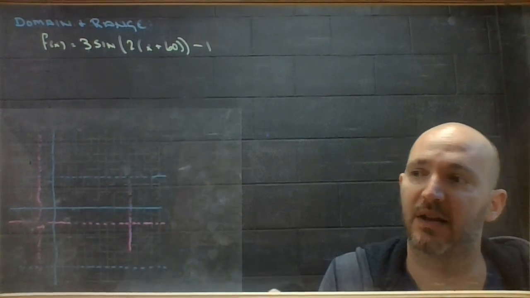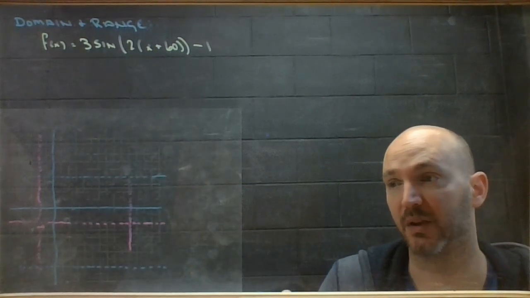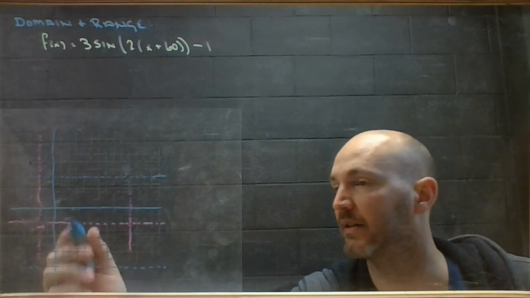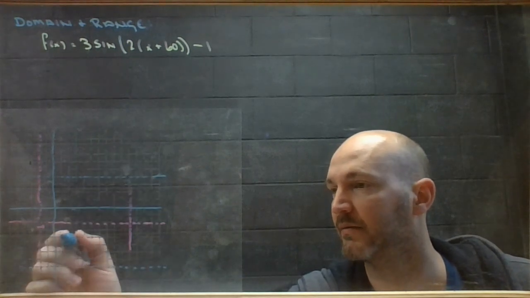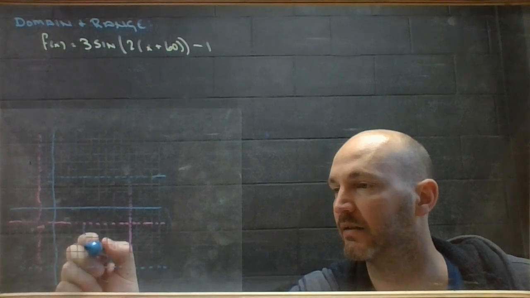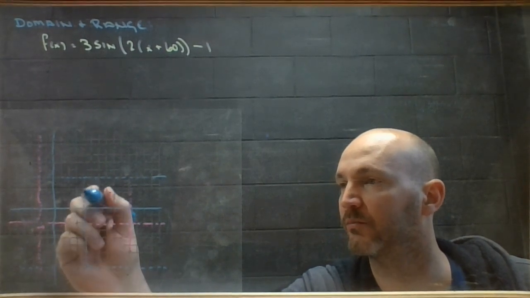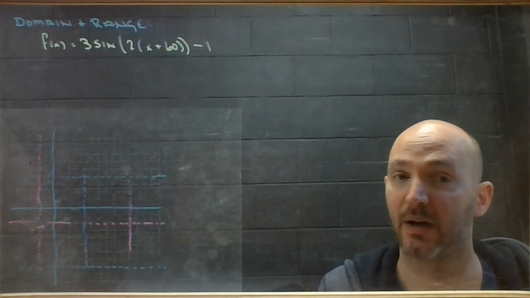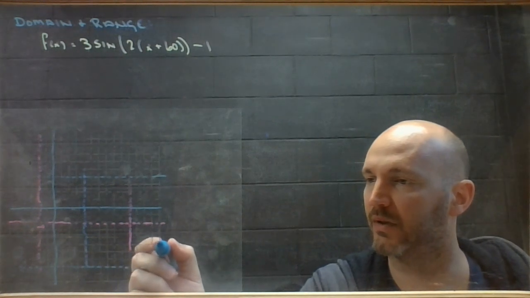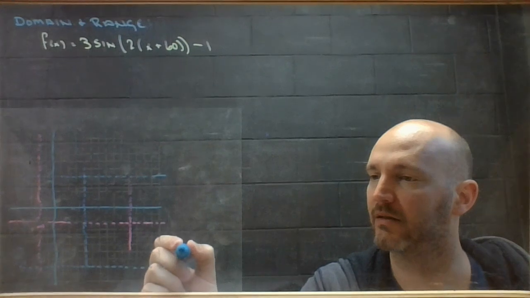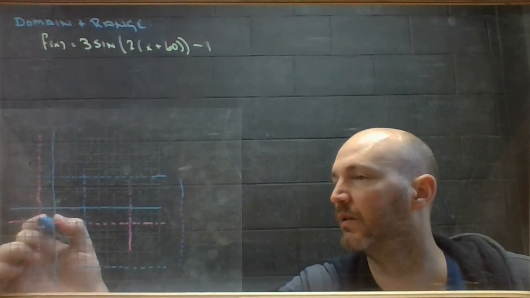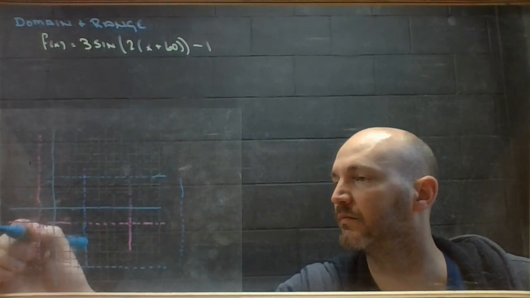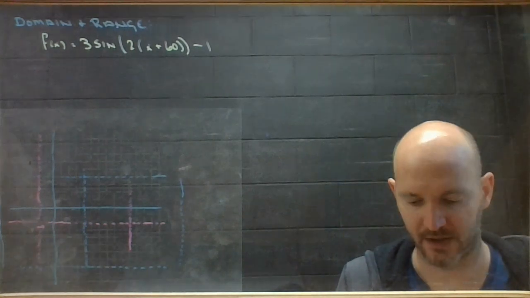This 2 tells me that the wave is operating twice as fast as it normally would. So instead of 1 full cycle in this block, I need to fit 2. So I'm going to take this block, I'm going to cut it in half. It's right here. So it looks like every 1, 2, 3, 4, 5, 6 squares, I need to draw another wave. And now that I've got that scaffolding set up,